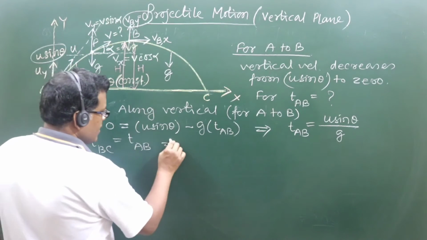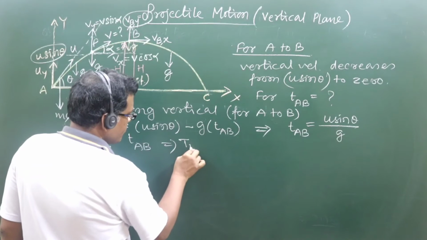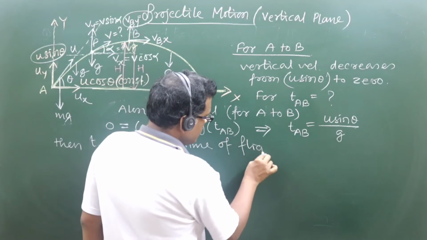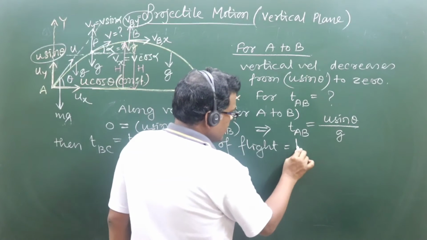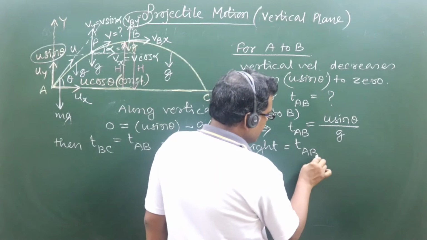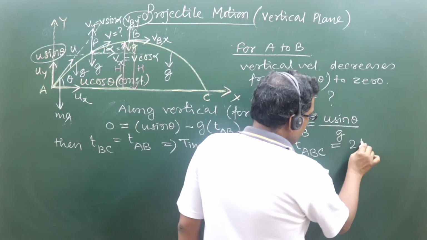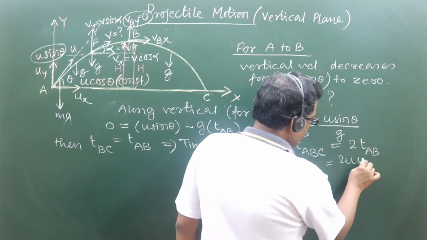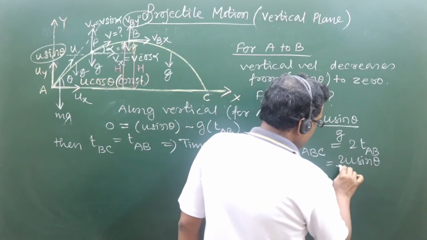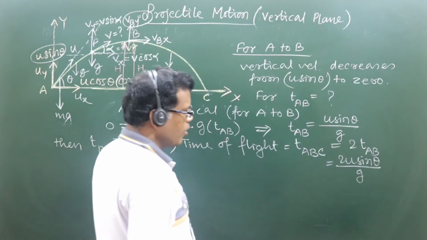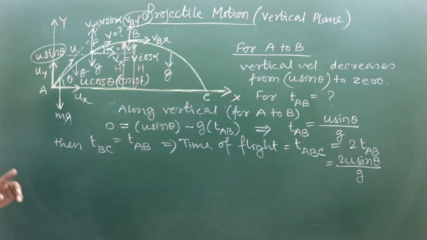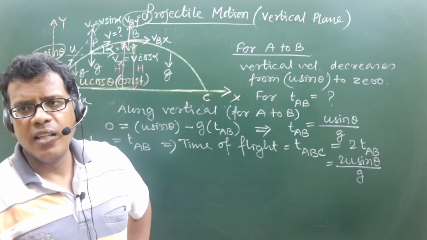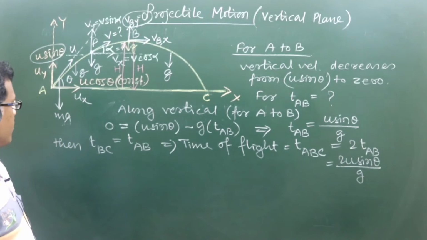So therefore we can say time of flight is equal to T_ABC, that is A to C, which will be twice of T_AB, or we can write it down as 2u sin theta by g, right? This is the time of flight formula in projectile: 2u sin theta by g, where u is the initial velocity, theta is the initial angle of projection with the